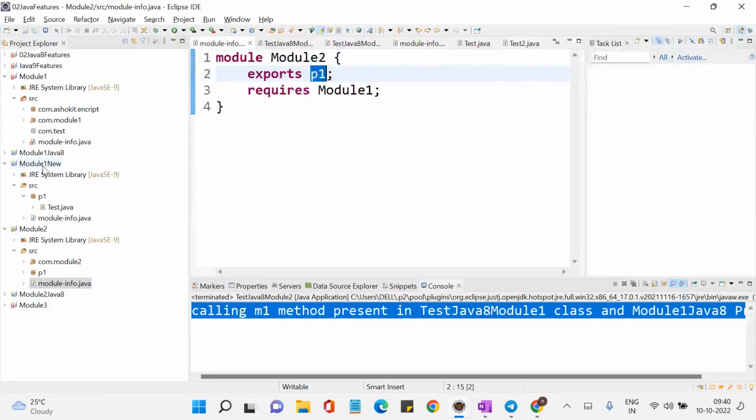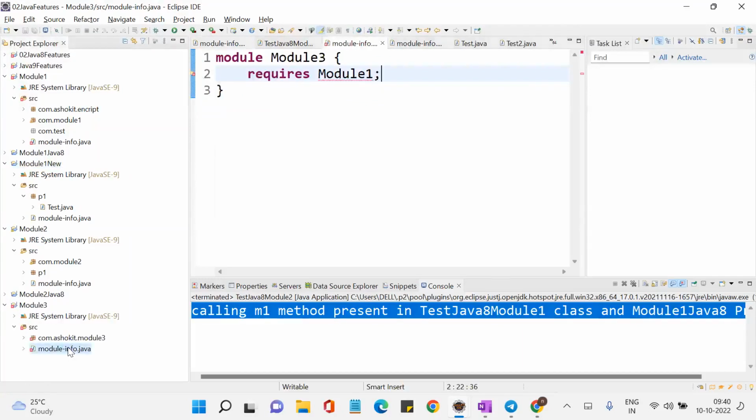Now can I say that in module 1 new, I'm exporting the P1 package. Module 2 new, I'm exporting the P1 package. In the module 3, I wanted to use both of these modules. Then what will I do? I will go to module-info.java, requires module 1 new. Okay. And then similarly requires another, what is the other module? Module 2. Okay. Now,